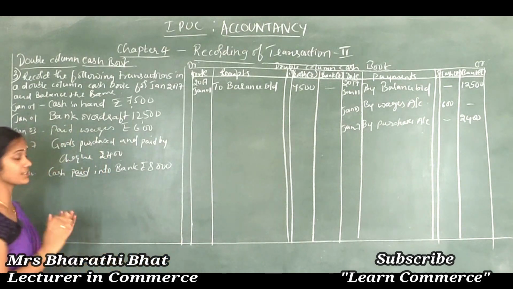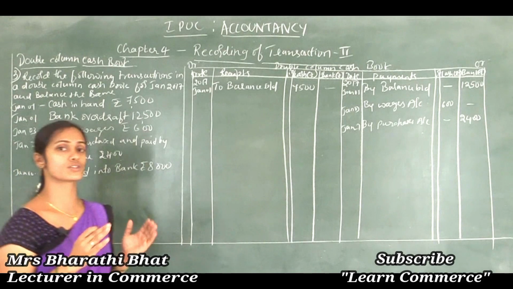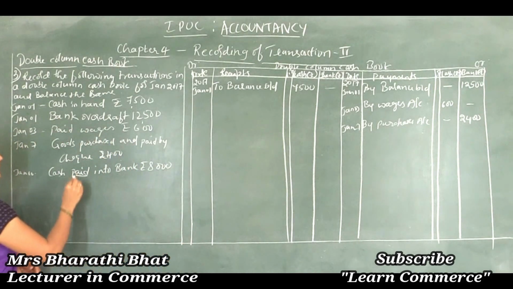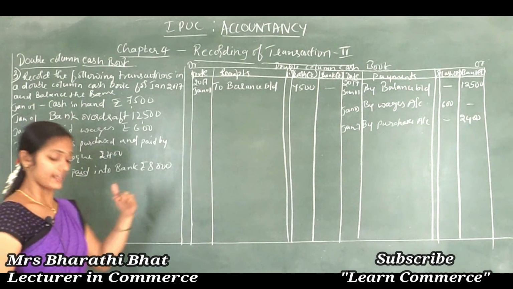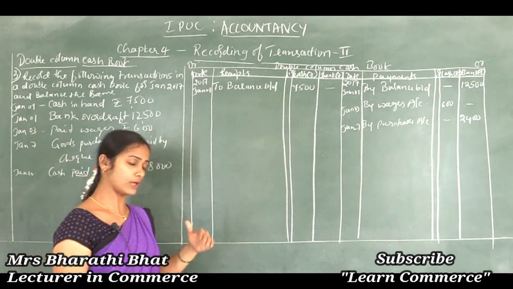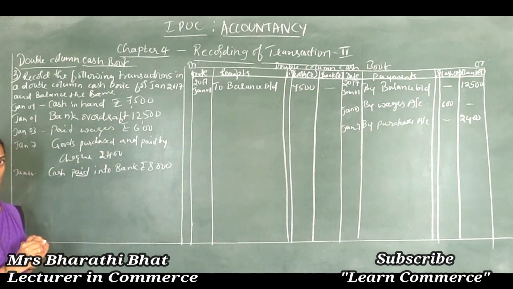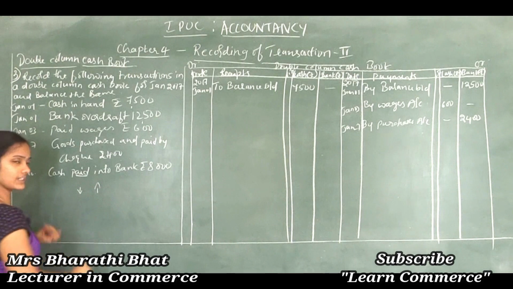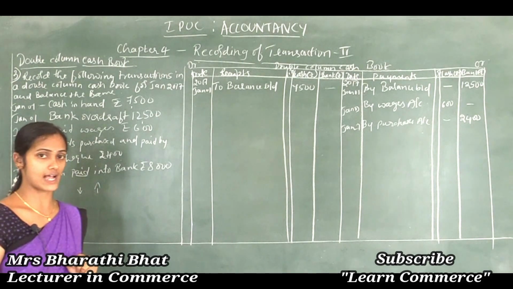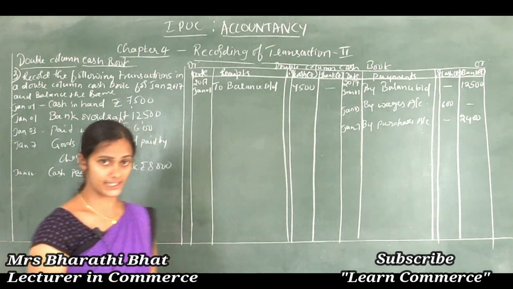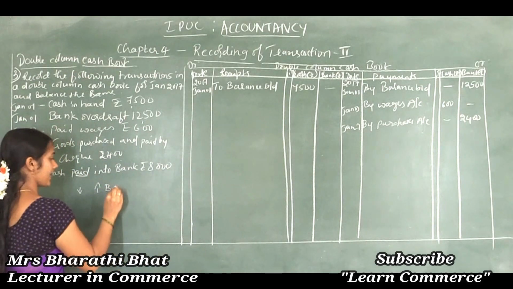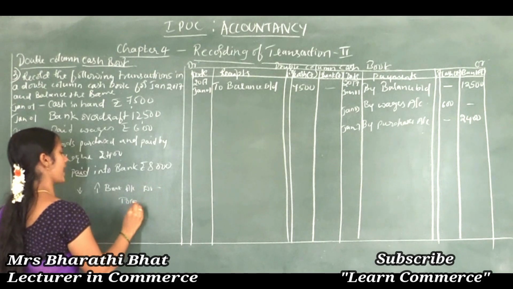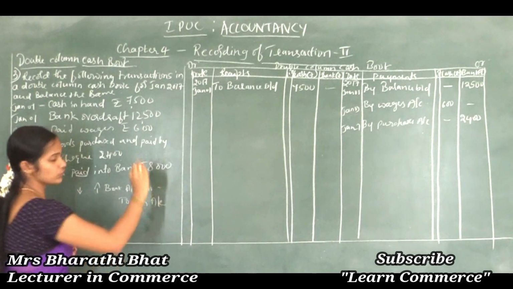Yes, you can, because you know how to classify the accounts and how to apply the rules, right? So now see, cash paid into bank. Our cash shows decreased value. Both are assets, correct? So cash decreases, bank increases. According to the rules of asset, an increase in asset is to be debited. So now the bank account is debited to cash account.